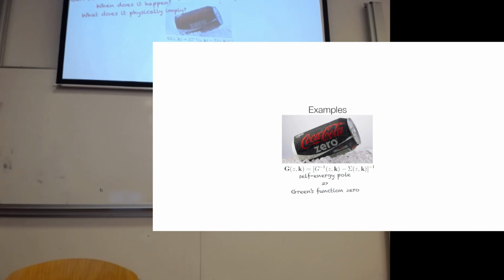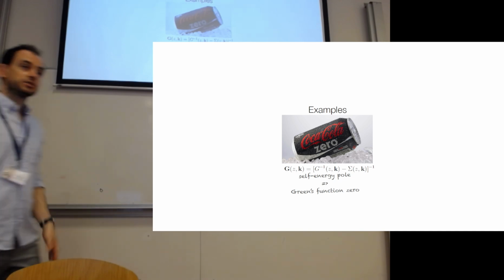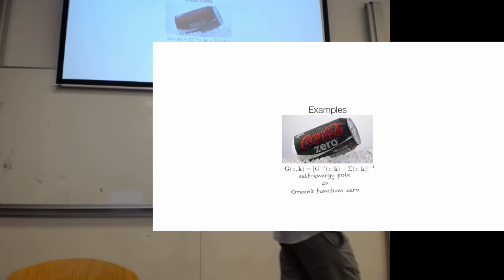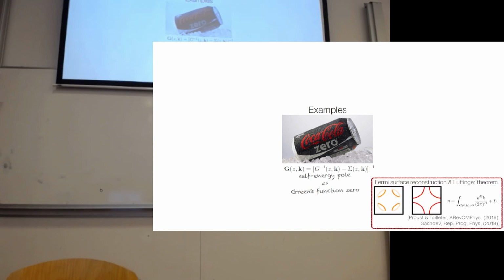So before getting to all of this here, I thought it would be useful to remind ourselves, or maybe this is new for some of you, what happens when we have zeros in the Green's function. I'm going to give you some highly non-trivial examples, and some highly trivial examples, but at least we get used to it. My understanding of why this is interesting and why the community started discussing zeros is related to the